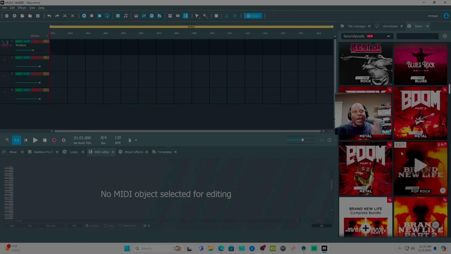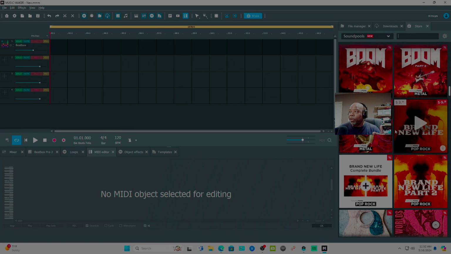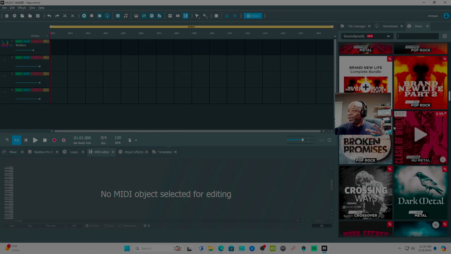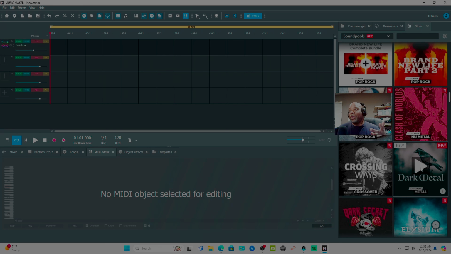But the only reason why I know is because when I updated this, months ago or last year, it gave me that option. I was like, do I want to pay? No, just give me the free stuff. But I don't use loops like that. But it was a part of the Music Maker program. So it's something just to think about, like, yo, do I want to? Yes or no? Dark metal. $3.